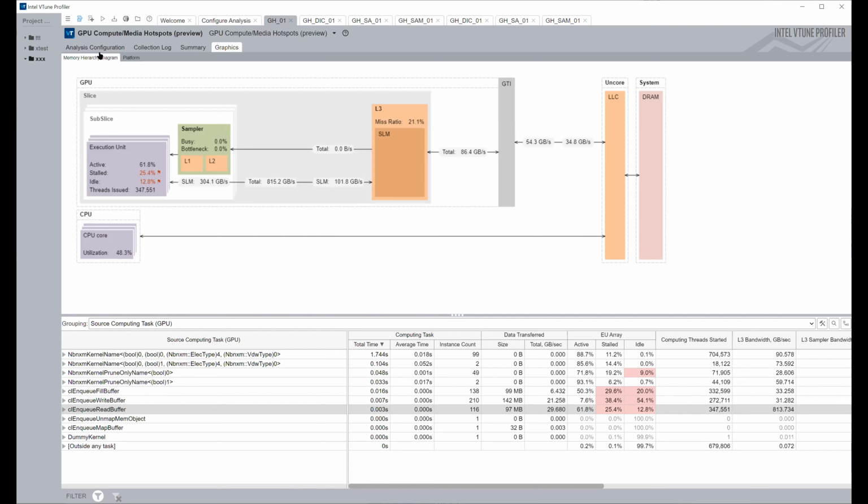And you have here two knobs, one for the memory hierarchy and the other for platform. Memory hierarchy, here on the lower part, you see the kernels. These are the non-bonded kernels that we have in Gromacs. You see the total time and the instance count, 100 or 99, it was 100 iterations, but doing two kernels that are almost the same, but doing slightly more work for calculating the